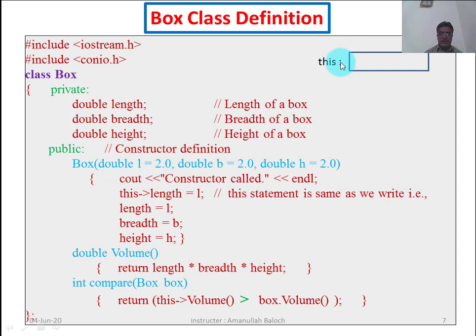Here the specific and the main thing is this, that each and every class of object-oriented programming or C++ has a specific implicit parameter named this, and this is common for all functions. So this pointer is hidden and belongs to each and every class of the C++ program. What is the role of this specific variable or pointer? We will discuss in the later slides.